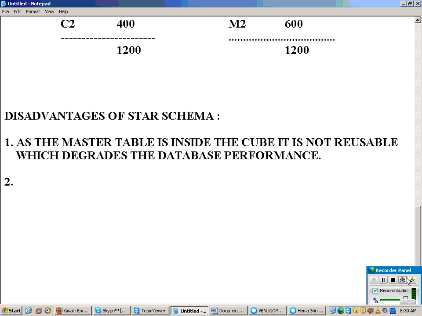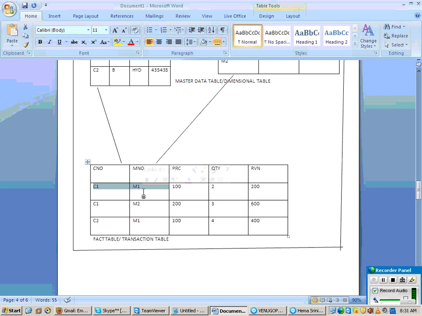Okay, now the second one. If you look at this fact table, as I said, it has alphanumeric values.